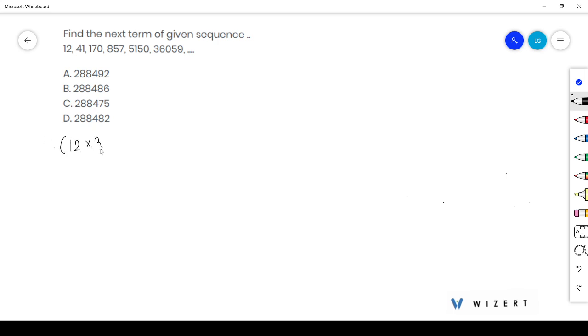if we multiply 12 by 3 and add 5 to it, we will get 36 plus 5, which means 41. Like that, 41 into 4 plus, after 5 if we add 6, it will be 164 plus 6, so it is 170. Okay, then